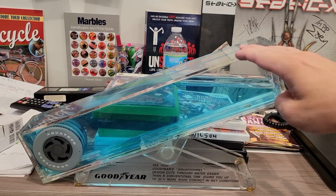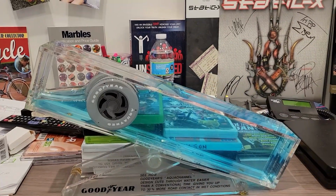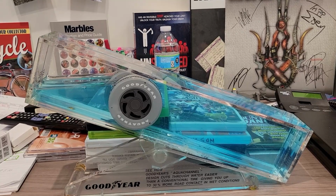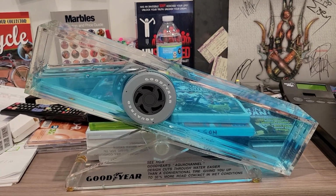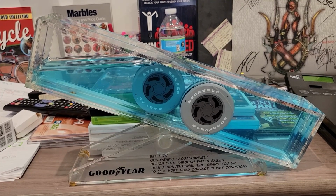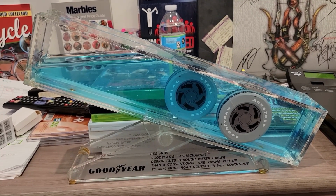And so basically it's got the Goodyear Aqua Tread tire and then another tire, and it's supposed to show you how the Goodyear tire is better than the other one, giving you up to 30% more road contact, etc. Sometimes this works really good. Sometimes it's a little odd, but you can see it going different from the steel belted radial back there. And this sold for